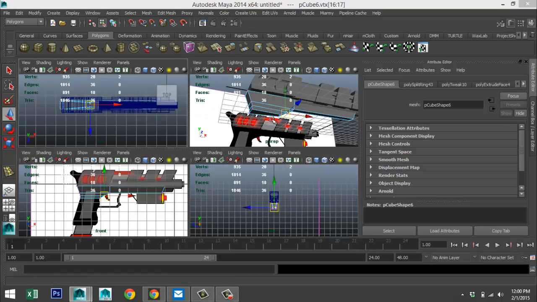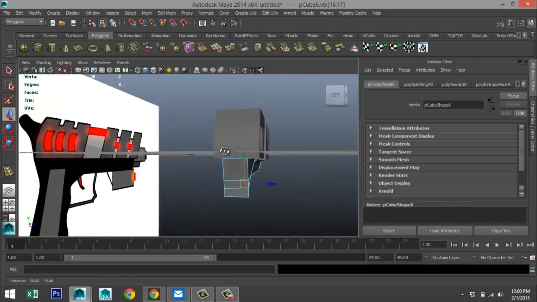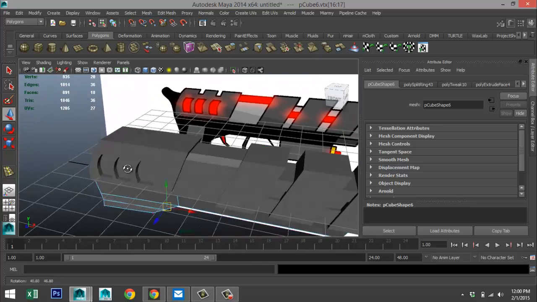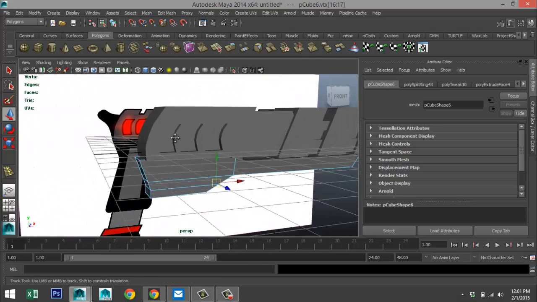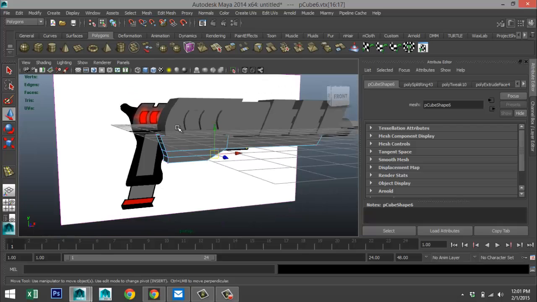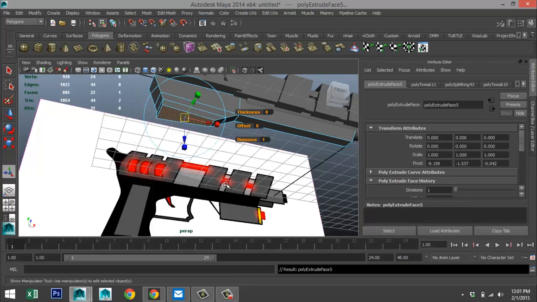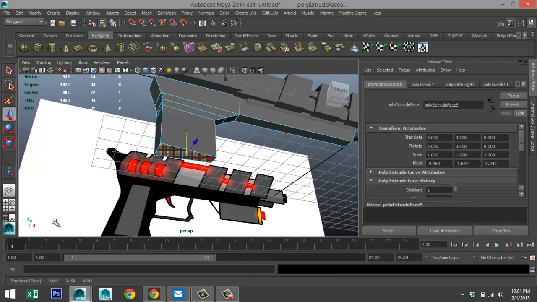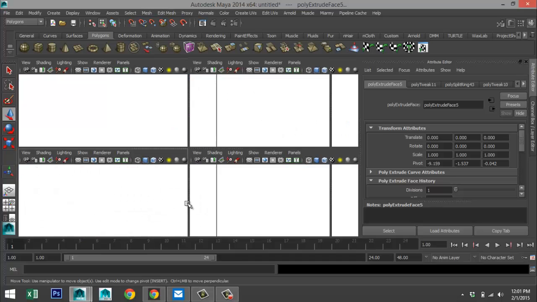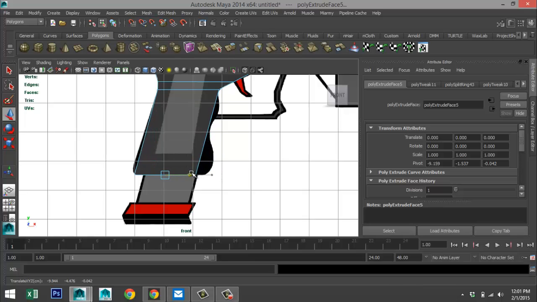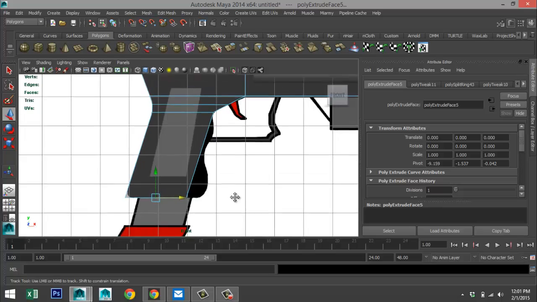Let's see what we got here. Starting to get towards what we need, surely but slowly. Okay. Then right click face, select that, edit mesh, extrude, hit W, pull it down. And we're going to pull that down towards here, move that over.